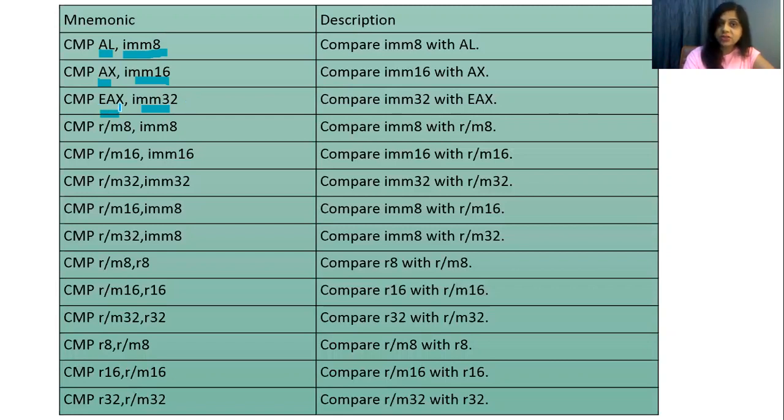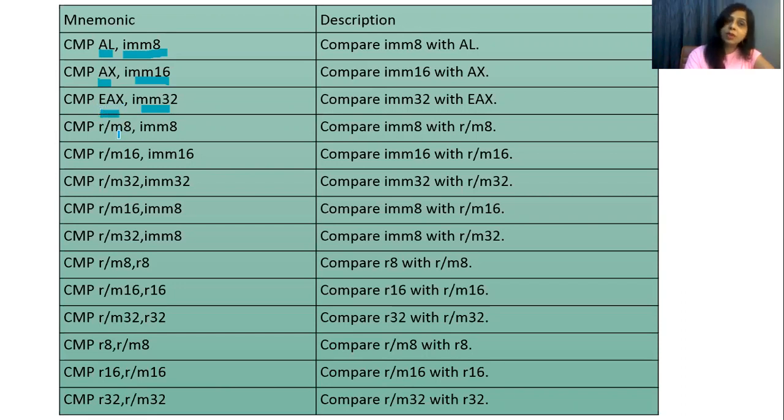And this kind of instructions are known as double word. 32-bit number means it is double word. 8-bit number means it is a byte operation. If it is 16-bit number, then it is said that it is a word operation. And if it is 32-bit number operation, then it is said that it is a double word operation. So compare instruction can also compare double word. So which registers will hold double word? The combination of AX and DX will hold double word.